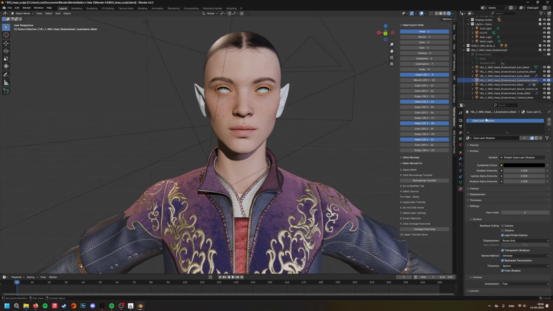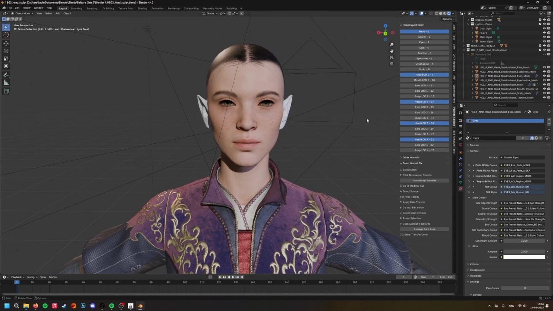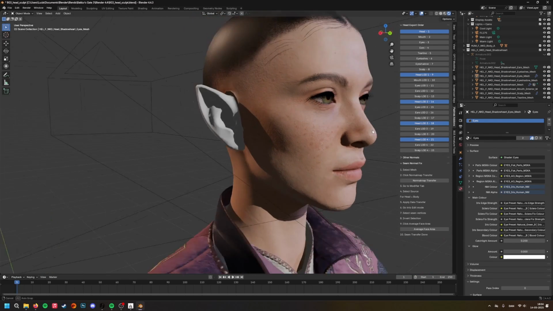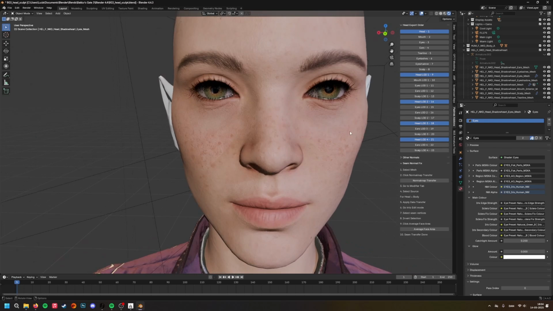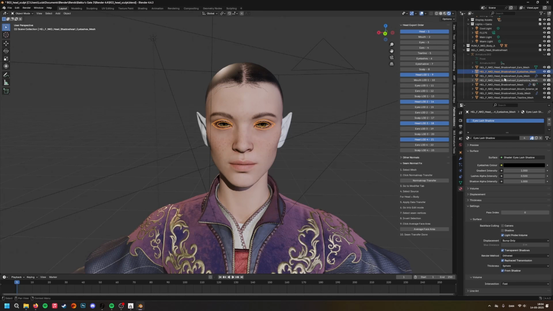Okay, I'm missing something. The eyes? Yeah. All right. Now we have all the textures applied. It's looking nice. But I do want to make some edits to the head. Before I do that though, because we couldn't shape key the eyelashes, I'm going to select them